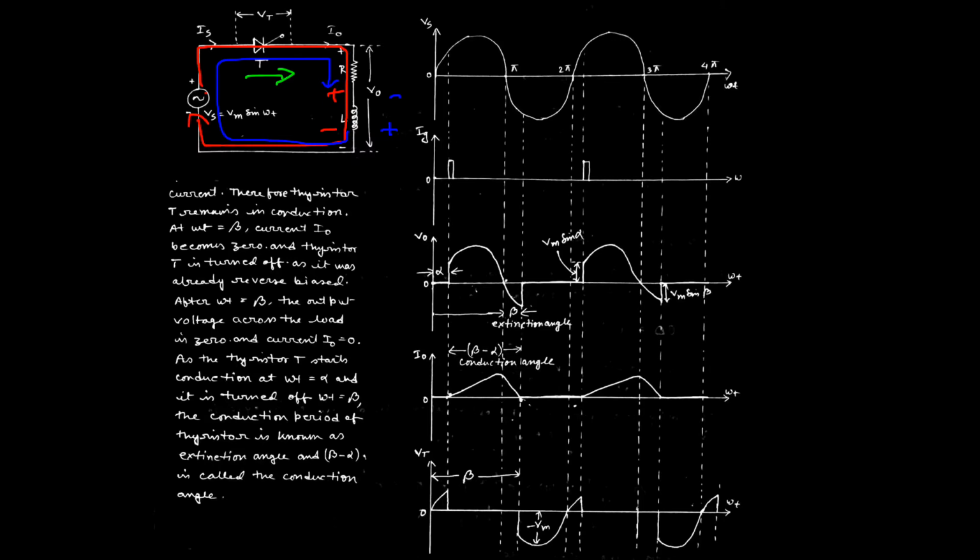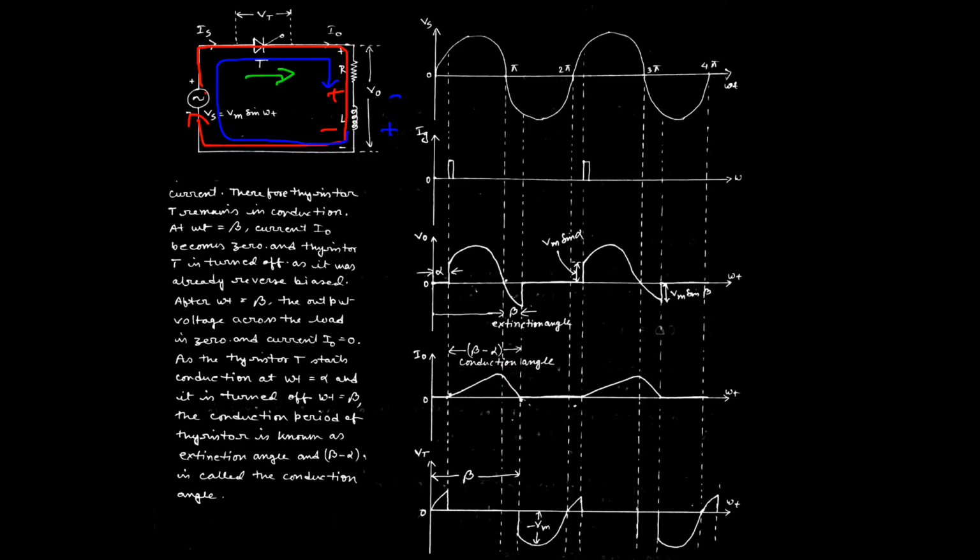That is why, up to the particular point at which the inductor's stored energy is not completely discharged, the thyristor will remain in the on state. The same thing can be demonstrated by the waveform also. See, in this region, from 0 to 180 degrees, the inductor has stored energy up to this point. The current gradually increases from alpha to 180 degrees.